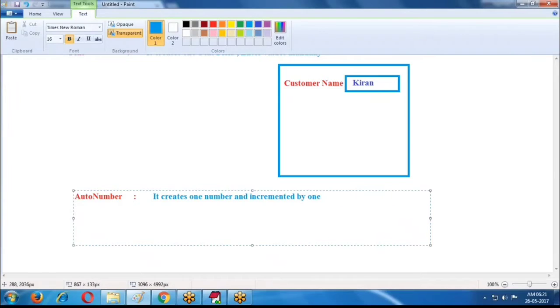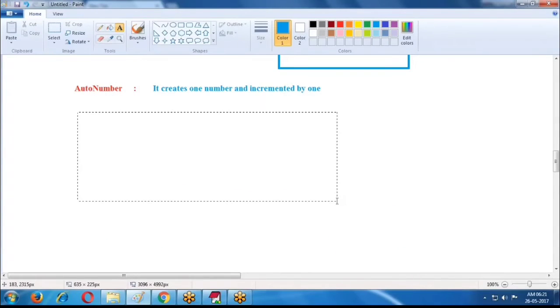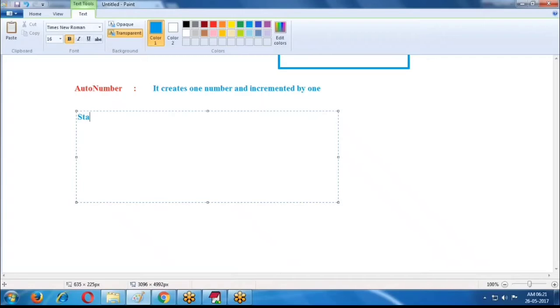For this we require a display format and a starting number. You pass the starting number and the display format. If I supply the display format and starting number, then only it provides the value.